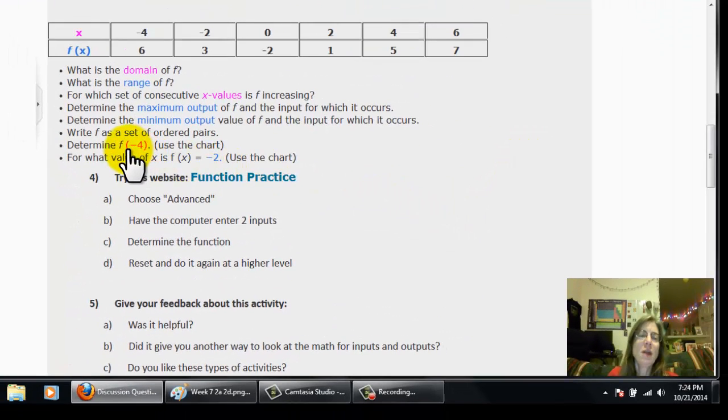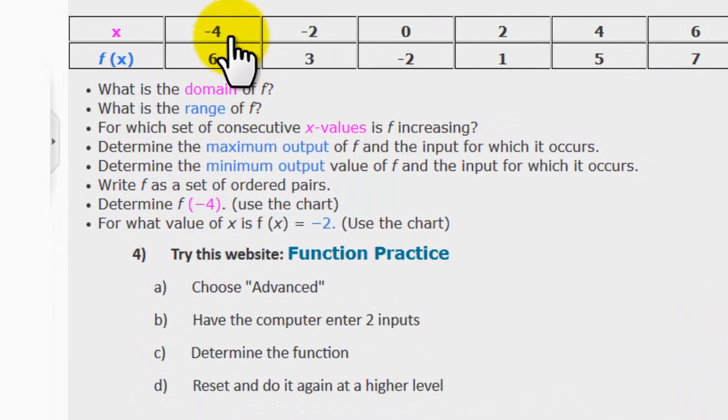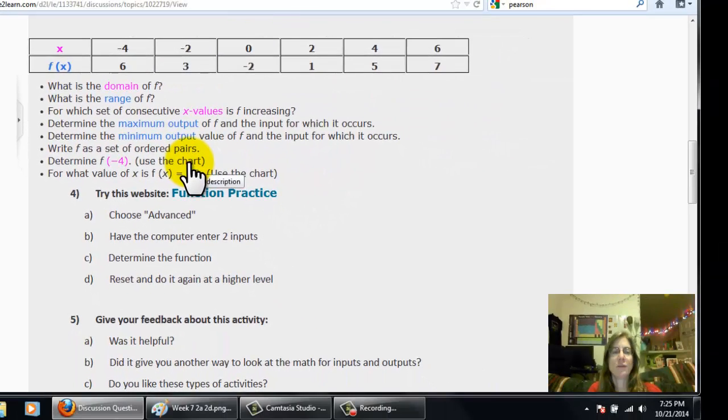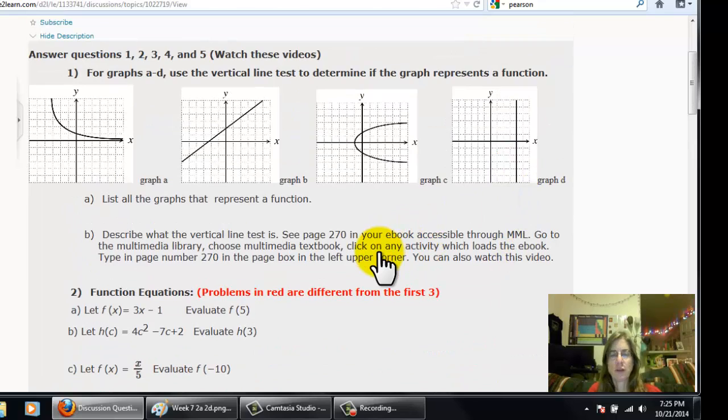Now it says determine f of -4. That means, again, they're telling you x is -4. Use the chart. Where x is -4, the function is 6. Where f of x is -2, that's this. The value of x is 0. Okay, you don't have to do any fancy math. You just look at the chart. That's why I have printed there, use the chart. Okay, I hope this overall explains